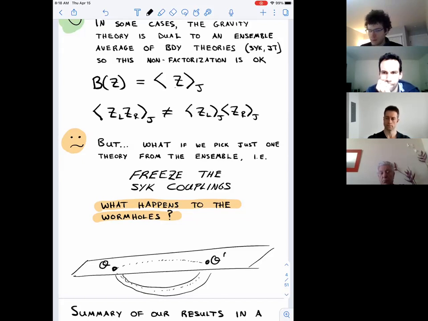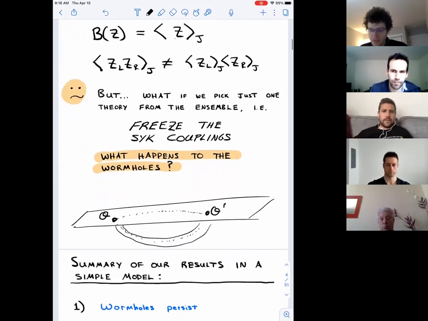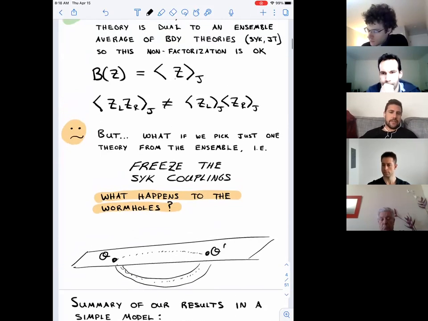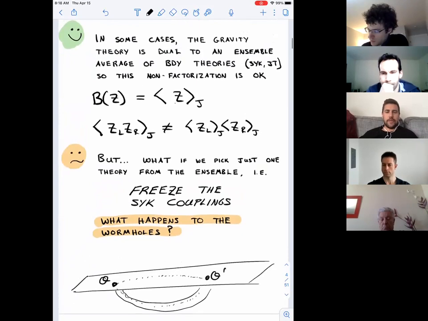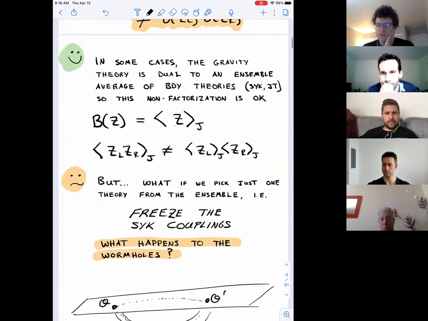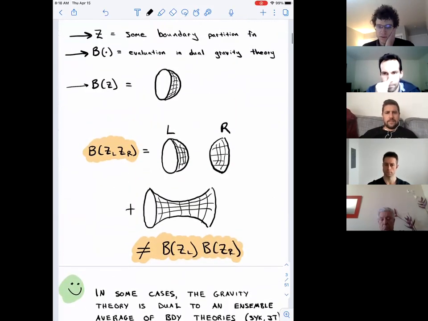Okay, thanks. Okay. Hey, Douglas. Quick question. How are you defining exactly B of Z here? Is it just keeping all semi-classical saddles and maybe one loop determinants around them? No. So B of Z in principle here means the exact computation in the bulk theory, in full type 2B string theory with non-perturbative effects and everything included. Say we could do that? Yeah, so assuming that you could do that.